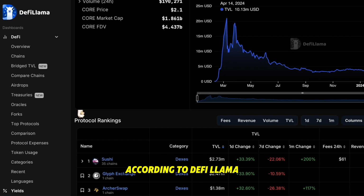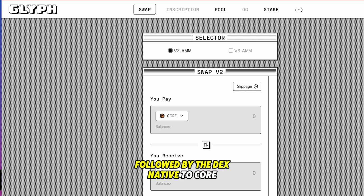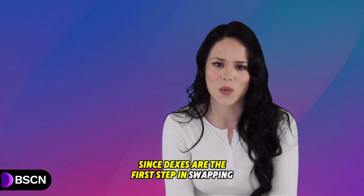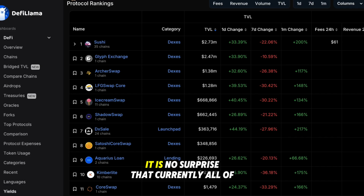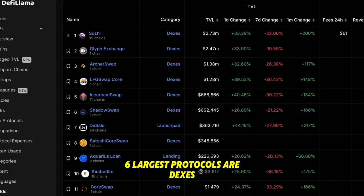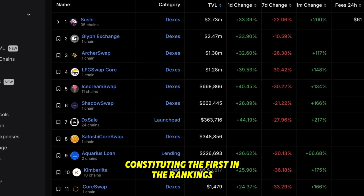According to DeFi Llama, SushiSwap remains the largest protocol on Core, followed by the DEX native to Core, the Glyph exchange. Since DEXs are the first step in swapping into the on-chain projects, it is no surprise that currently all of Core's 6 largest protocols are DEXs, with multi-chain launchpads and DXSale constituting the first in the rankings created for